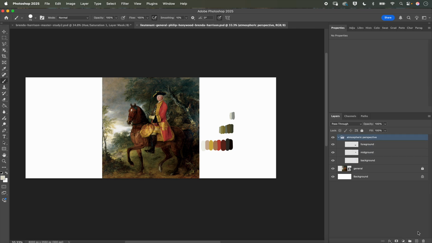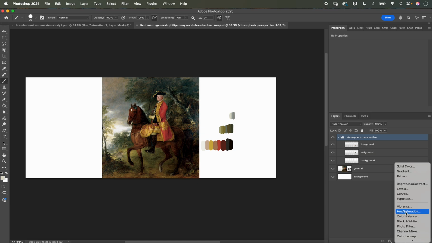I'm going to click on atmospheric perspective, and I'm going to click on this adjustment layers, and I'm going to choose hue saturation, which feels a little funky, but we're going to use it so that we can study values, which are the whites, the grays, and the black inside the piece. And sometimes that can get hard because the color, the hues that our eyes see, can weigh that value differently than maybe what it really is. So this will give us a pretty accurate reading of the underlying white, gray, black inside each of these cross-section